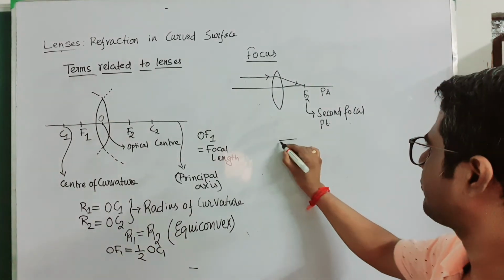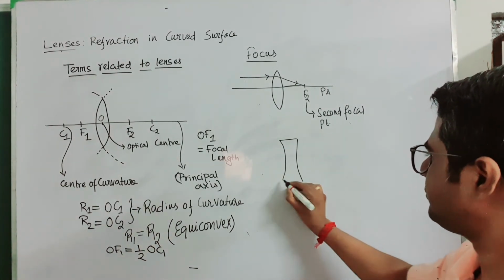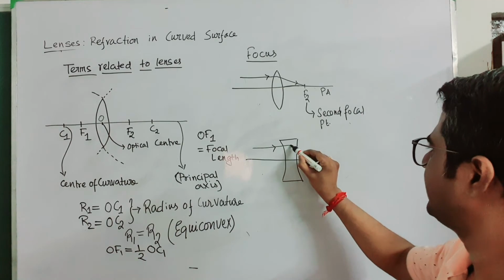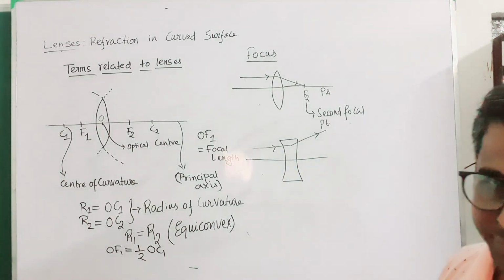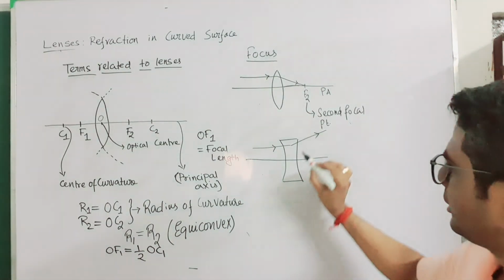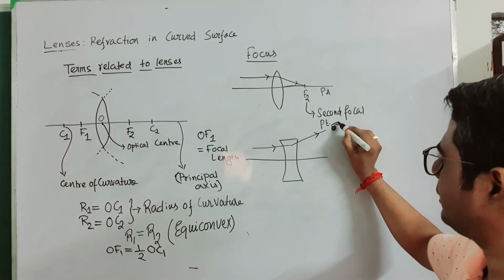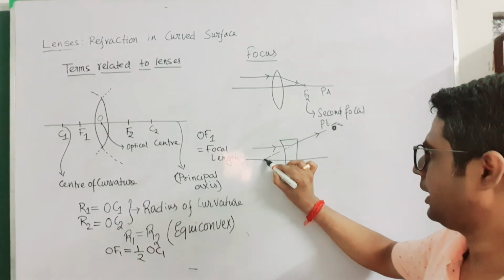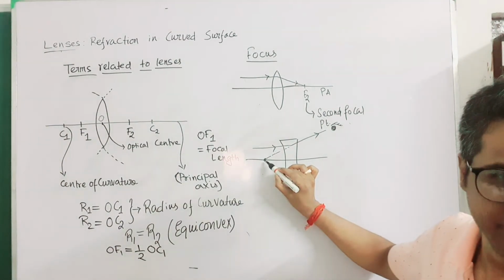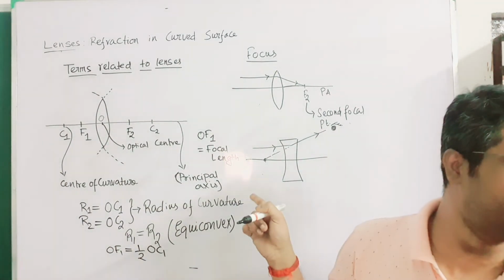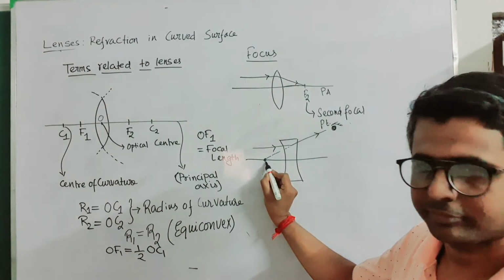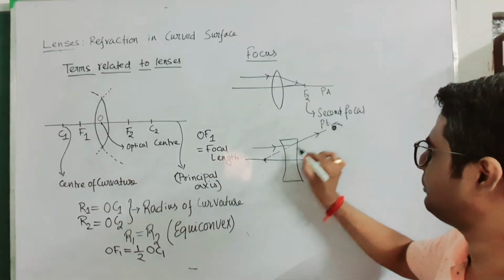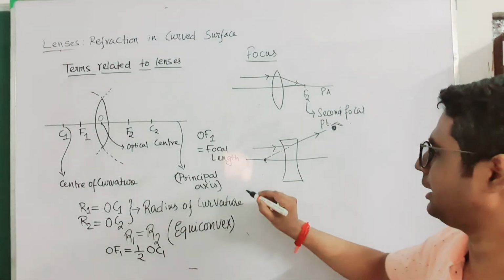In case of a concave lens, if a parallel ray is coming like this, it is going to diverge like this, right? If I have my eye over here, it will appear to me that this ray is coming from a point on the principal axis, which is this one. So this ray is virtually meeting the principal axis at this point. In the convex lens it was meeting really at the principal axis, and here it is meeting virtually.